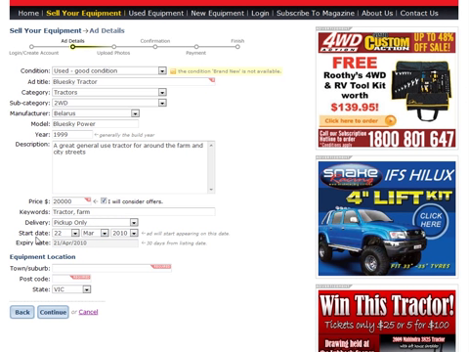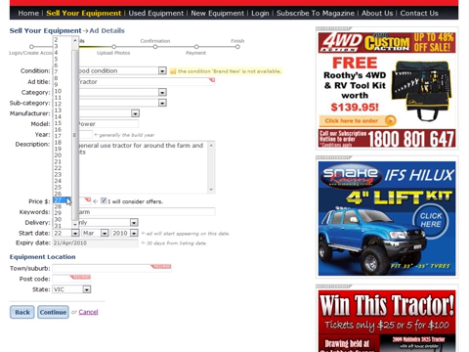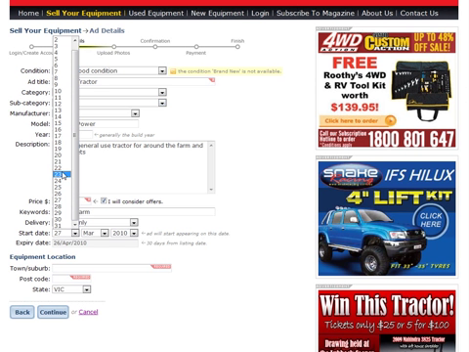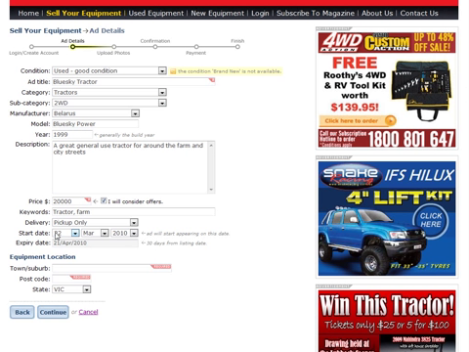Now this is an important factor here. Normally the start date's listed as today's date, but you can actually mark it to appear later. Now when I change this date, the expiry date changes, so it shifts to 30 days in this case. So 30 days is for private sellers. It's a different amount for dealers. I believe at the moment it's set to 90 days, but those figures are adjustable via the content management system. But we'll just say we want our ad to appear straight away, so it's going to go from there to there. So I put the location of the equipment